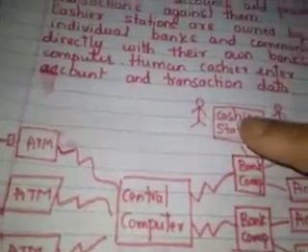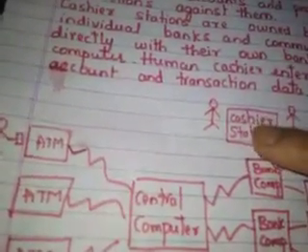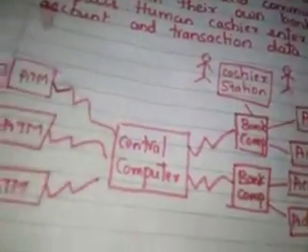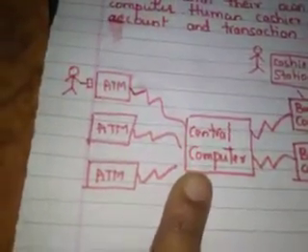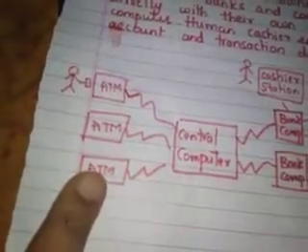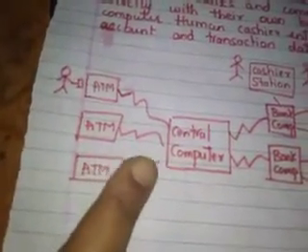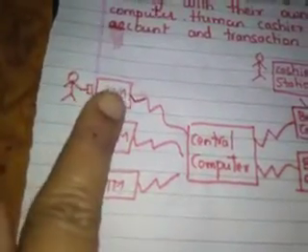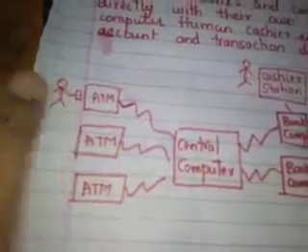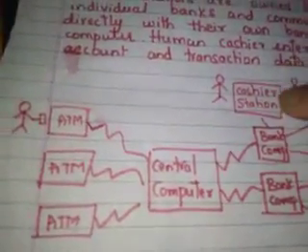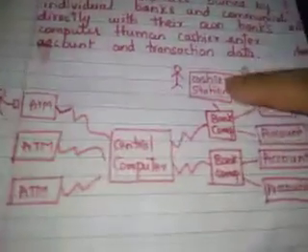Within the bank we have some cashier station, a place where the cash will be collected, and within the bank we'll be having multiple accounts. This central computer is also connected to the different ATM machines of different banks that come under that consortium, and a person can access the account using the card here. Otherwise, he comes manually to the bank, and does the transaction using the cashier who is sitting at this particular station.